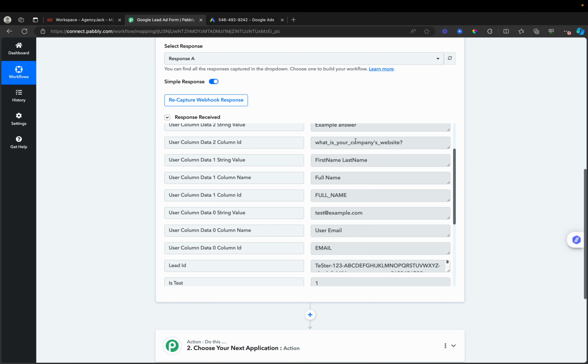So this is the test data which is coming in, and of course when you do it real time, anyone fills in their real information will be passed on back to My SEO Auditor. All right,